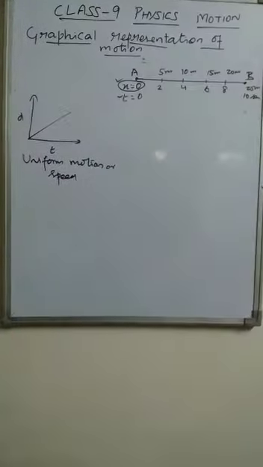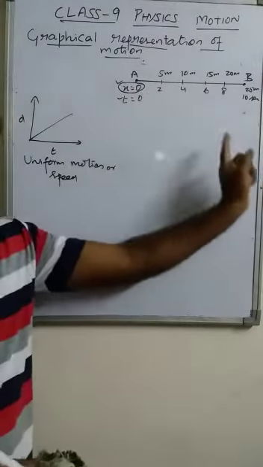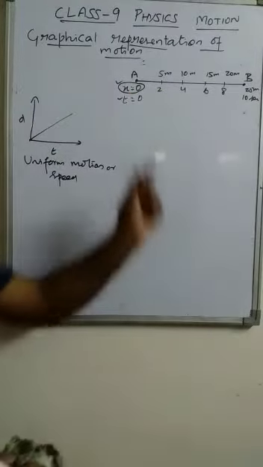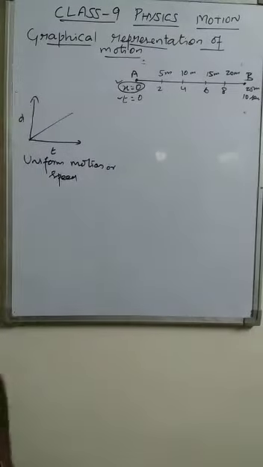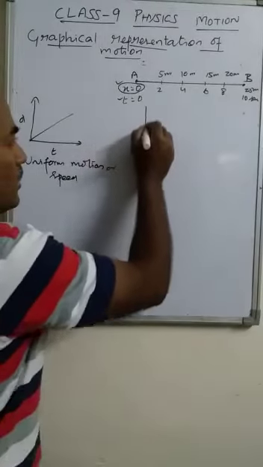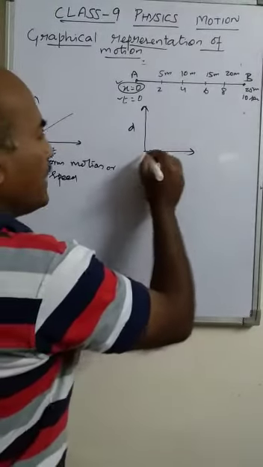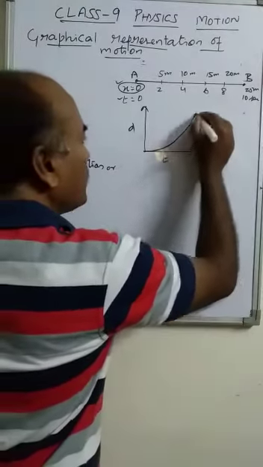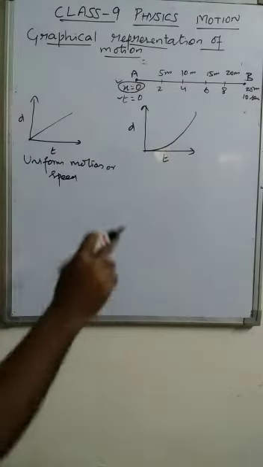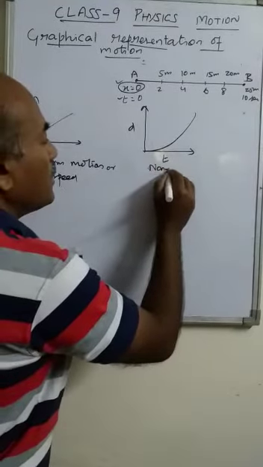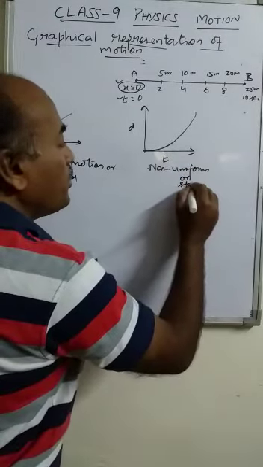Then if we go to the non-uniform motion, the speed at every interval is different. In different speed, either the speed may increase or decrease. For that we have two types of graph, distance-time graphs, and here we get a curved line, and it represents the object is in non-uniform motion, or non-uniform speed.